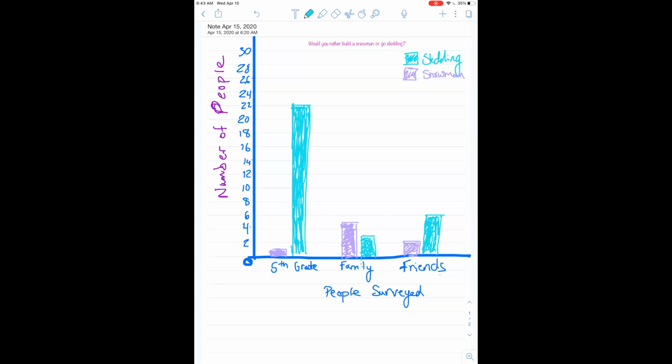Now, for a line graph, you're going to do it pretty much the same way, except for bars, you're going to do dots and lines instead. So you're going to have to set up your graph in exactly the same way, but the difference comes in when you are graphing. So you still need your key, but instead of a bar, we're going to do